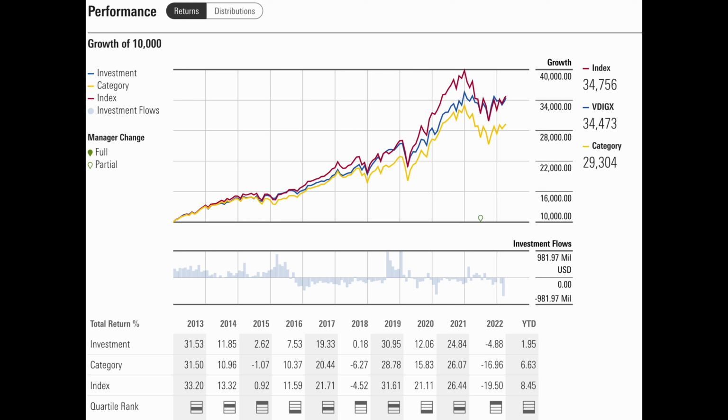But overall, we can see that the index line red is trending above the blue line of this fund. The performance of a fund is totally dependent on the talent of its fund manager. We have historical data that shows more than 80% of the fund managers fail to beat the index over the long term. If we know that fund managers have a hard time beating the index, what should we do? We should invest in the index itself. We'll take a closer look at index funds in another episode.